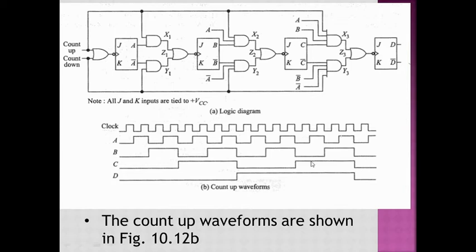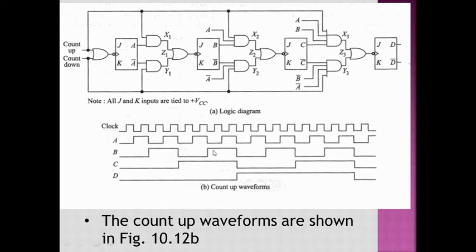So this 8 clock pulse is available to the flip-flop D, and on the negative edge of this clock pulse, the flip-flop D is going to be toggled. Again, this is going to happen prior to the 15 clock pulse, 16 clock pulse. That means A is high, B is high, and C is high. So on the next negative edge of the clock pulse, that means on the 16 negative edge of the clock pulse, flip-flop D is going to be toggled. So it is going from high to low. And that way, this is working as a modulus of 16 counter.